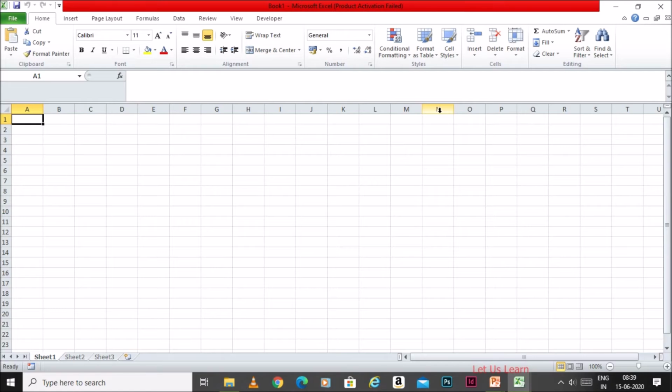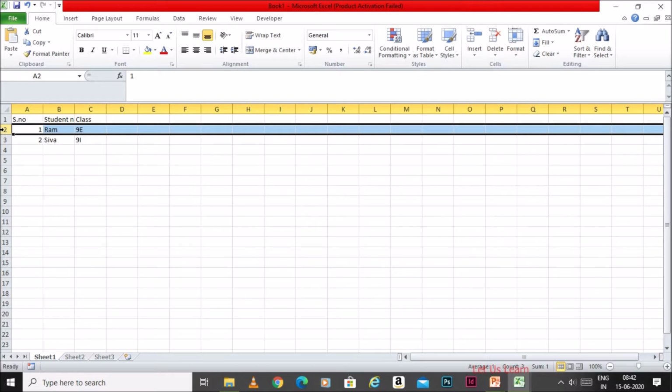As I open Excel, this is the window of Excel where you will have the ribbon bar here. This is all used for formatting the text in Excel, and this is the main tab. The rectangular box you see here is called a cell. It is nothing but rows and columns, right? 1 2 3 4 5 are rows, and A B C D E F G are called columns.